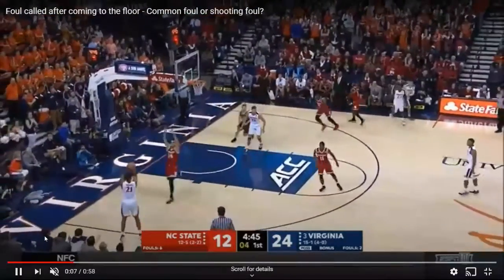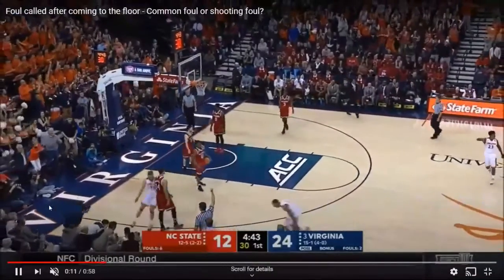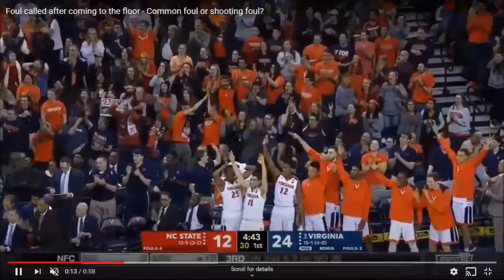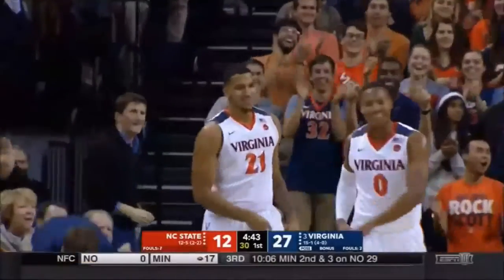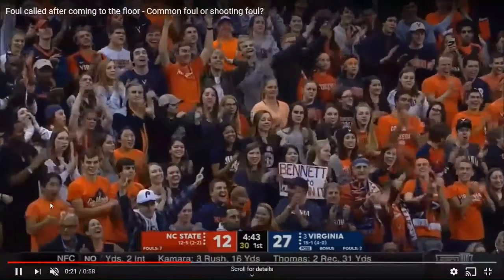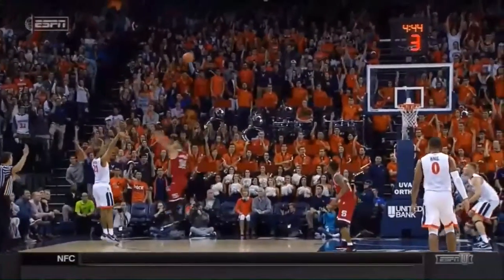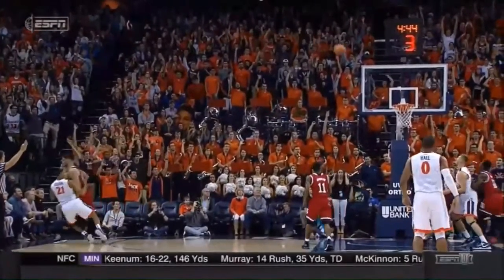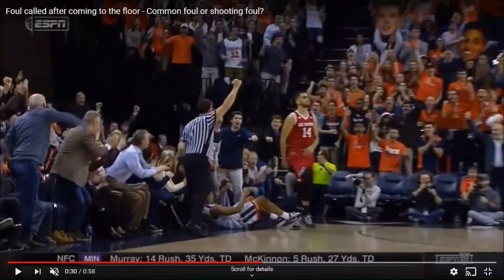Agree, and the other thing to think about here, like I said, it shows it in slowed down time, so obviously it looks like he's down there longer than he probably is in real life. By not saying that this is part of the shooting motion, we're also penalizing the defense twice, right? We're not only going to count the basket, we're also going to give him the ball out of bounds and give him another possession, as opposed to just sending the shooter to the line for one additional shot.